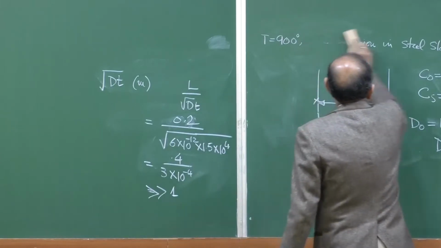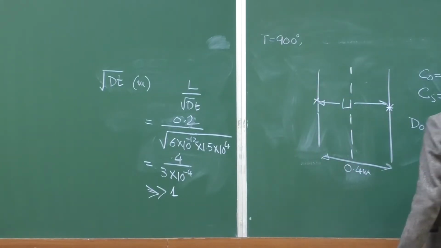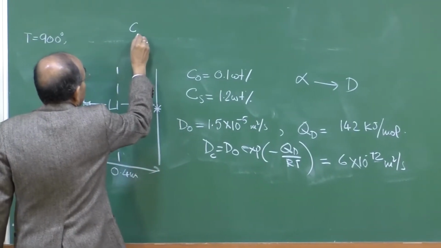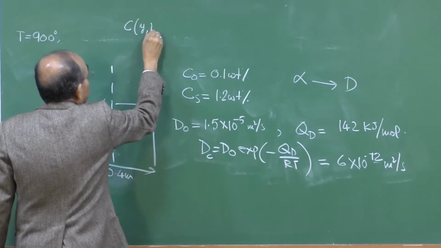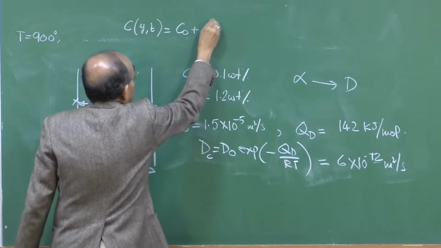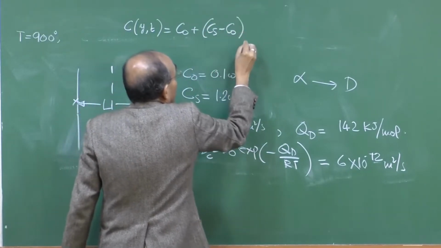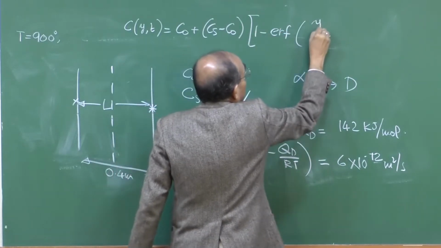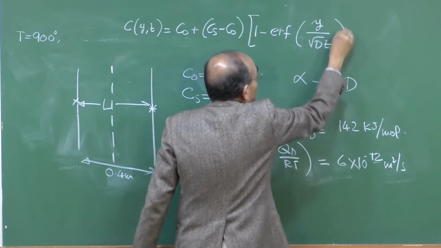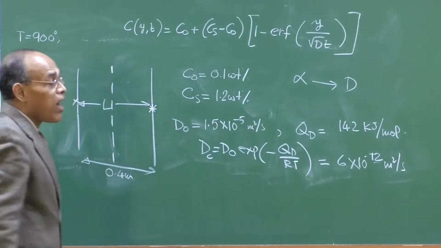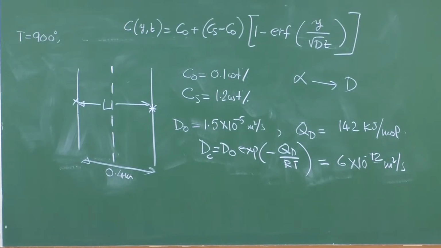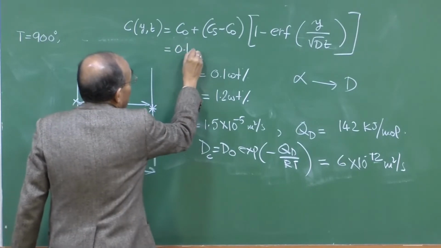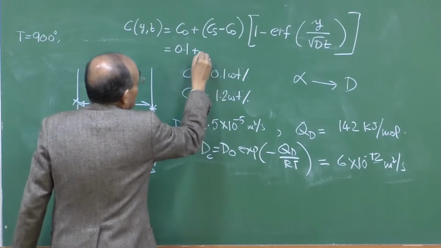So, now concentration. So, we know the solution of the error function is, we have C, which is a function of y and t, is equal to C0 plus Cs minus C0 into 1 minus error function of y divided by 2 square root of Dt. That is how the concentration profile is dictated. So, here C0 is 0.1, okay, and this is 1.2 minus 0.1. So, this is 1.1,